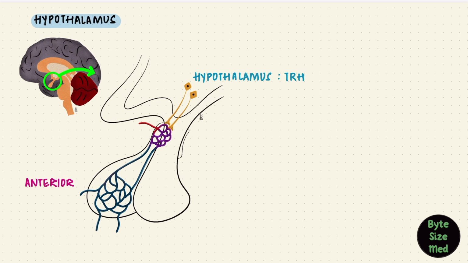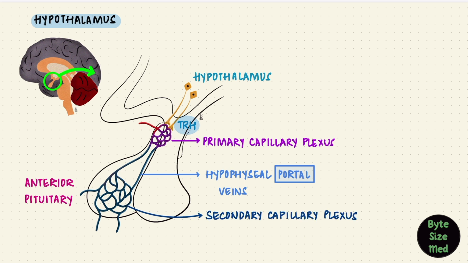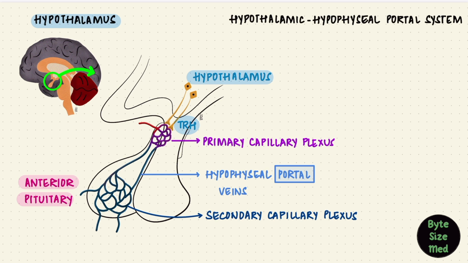Now, the hypothalamus and the pituitary are connected. Their vascular connection is what's important here. TRH has to reach the anterior pituitary, and does that because of these vessels. The hypothalamus has a capillary plexus, and hormones synthesized enter these capillaries. The capillaries then form veins, portal veins, since they're going to connect this capillary plexus to another around the anterior pituitary. Through this portal system, the hypothalamus can control the anterior pituitary, which is also known as the hypophysis. This is the hypothalamic hypophyseal portal system.